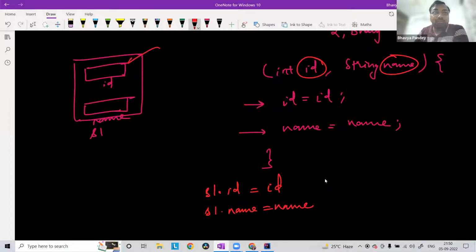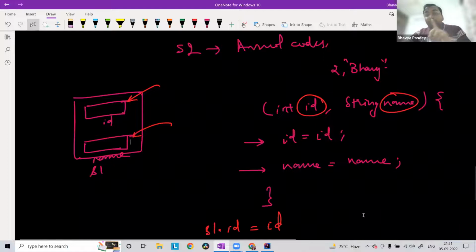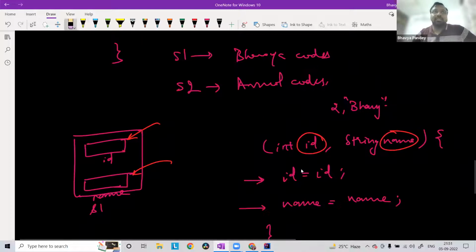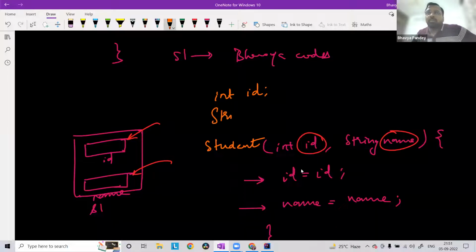So basically, you wanted to touch these variables for that particular object. Instead, what happened was, there is something called a scope. So in general, the structure of our class is like this, right? If I create some space here, above this constructor, you have int id and string name,